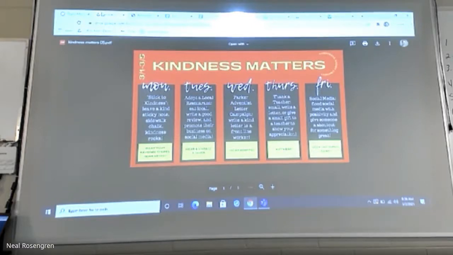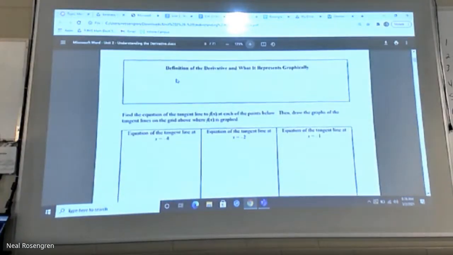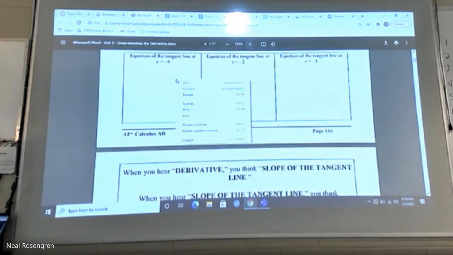How did yesterday go? Let's practice it. Let's recap what we know and focus on just that idea, and make sure we can handle the mechanics of dealing with the difference quotient and the limit that goes along with it. Okay. So I think the way this would work pretty well is to start here where we left off on page 116.